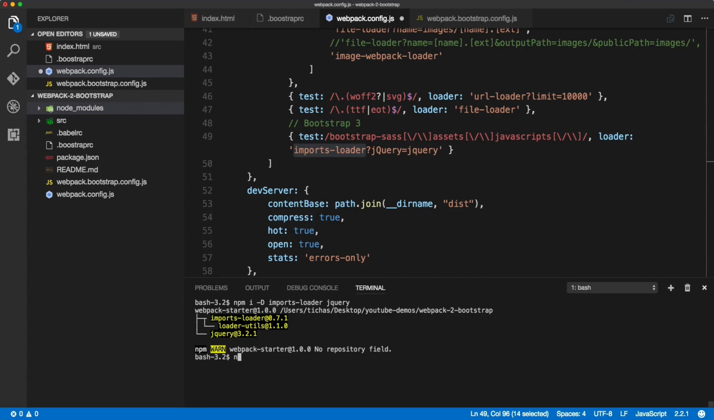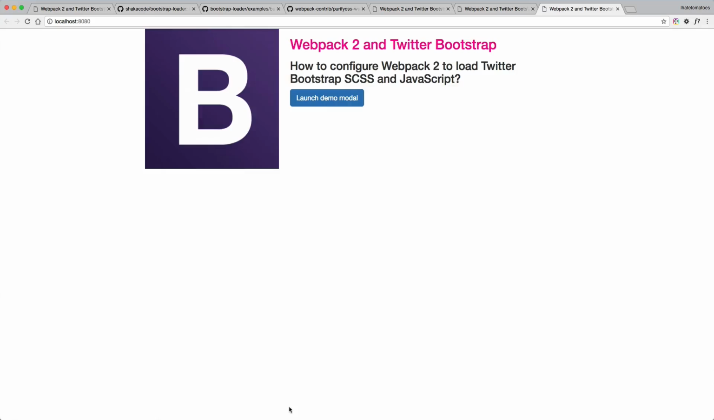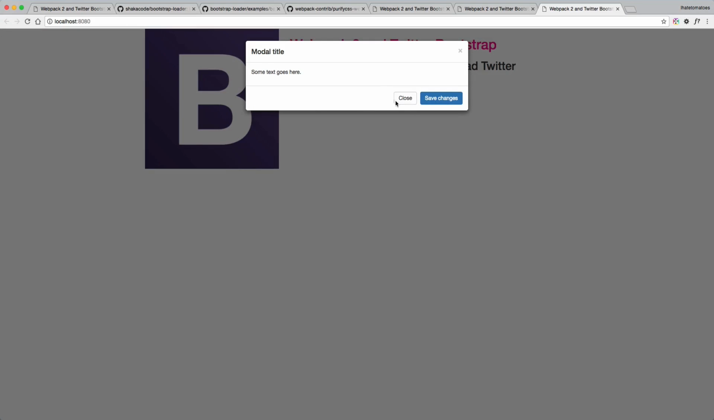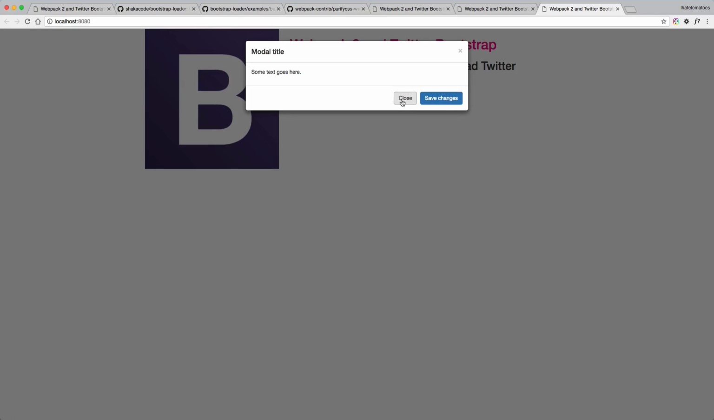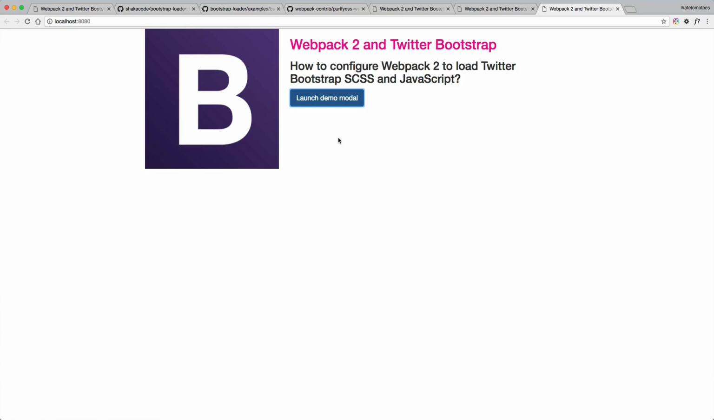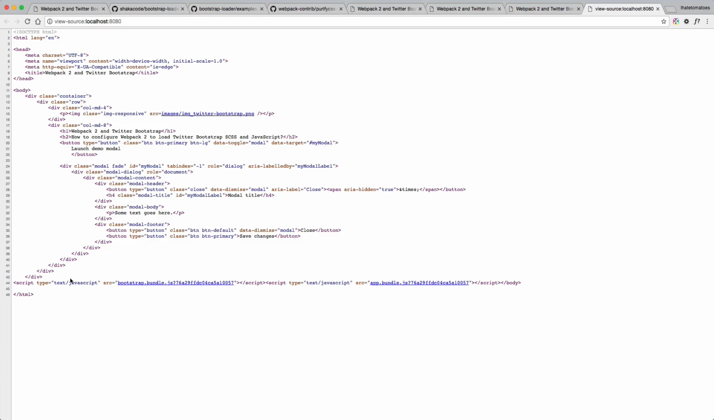And now let's try to run the build again and see if we have the model coming through. Voila, we've got a jQuery model and the CSS styles from Webpack coming through. If we view the page source, you'll see that at the bottom of the page we have Bootstrap bundle and